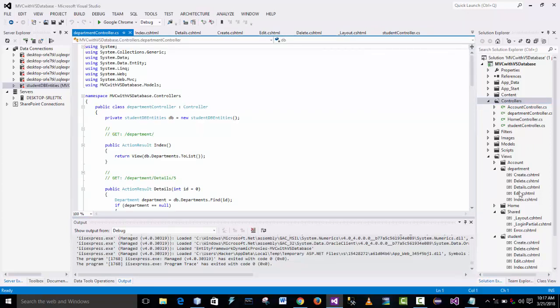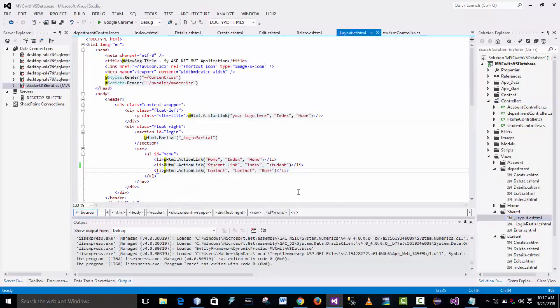So we come here on Layout, then we can create a new